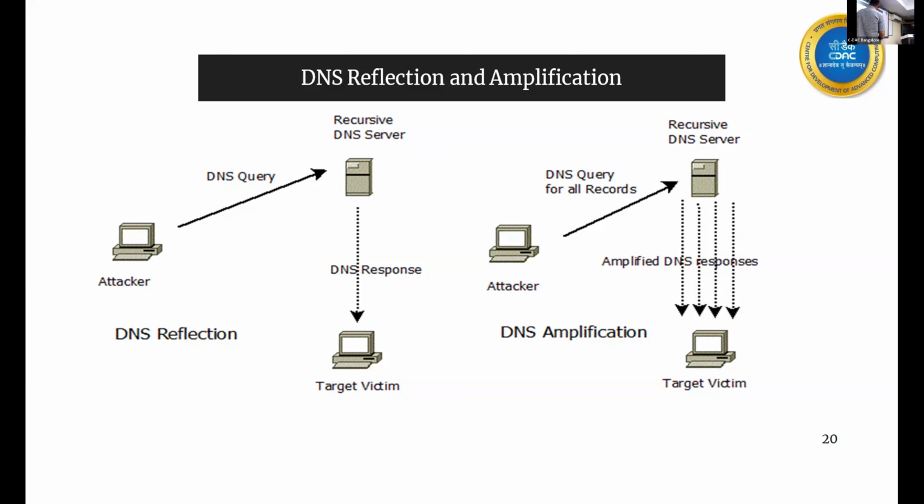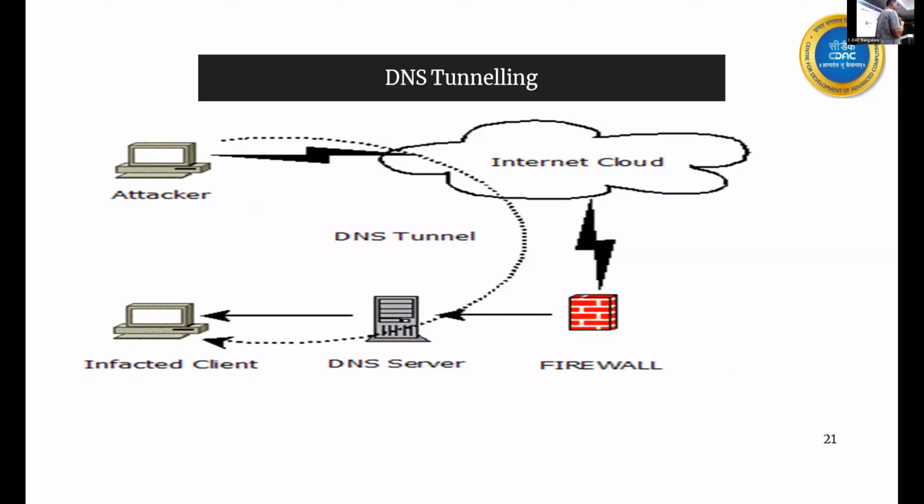Now the third, or second, category of these attacks exploiting DNS infrastructure is called the DNS tunneling attack. It is a very dangerous attack, meaning we don't have any solution with which you can mitigate the DNS tunneling attack. I'll take a typical example here. To understand this DNS tunneling attack, let us take one typical example.